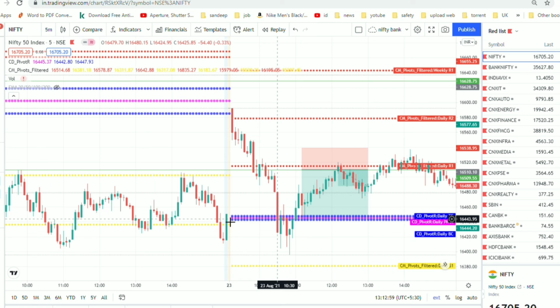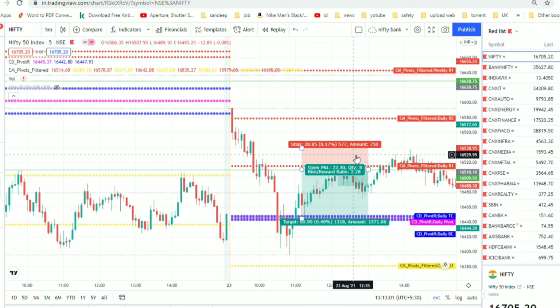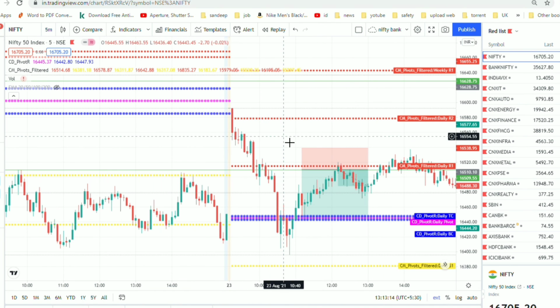And you can see, even if it fails, what you are going to lose. You are losing only 17.17% and you are gaining 0.40% here. So you are losing only a small amount, but believe me friends, if you win, it will be 2 times. So this is what I wanted to share with you guys.